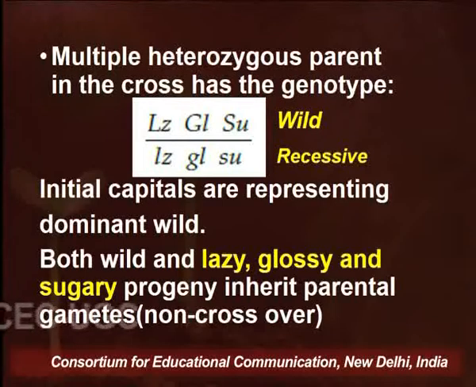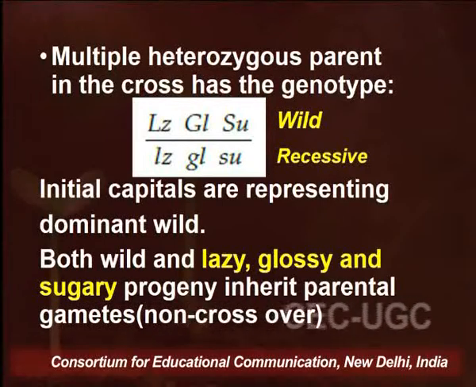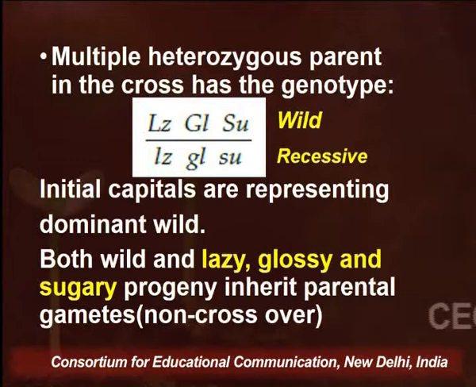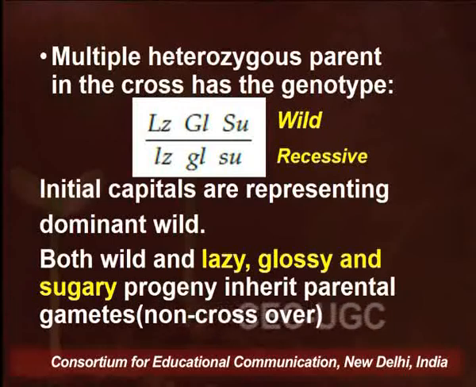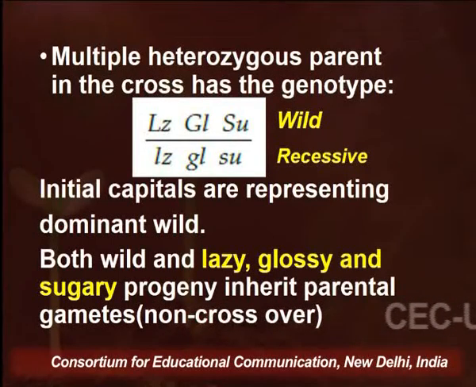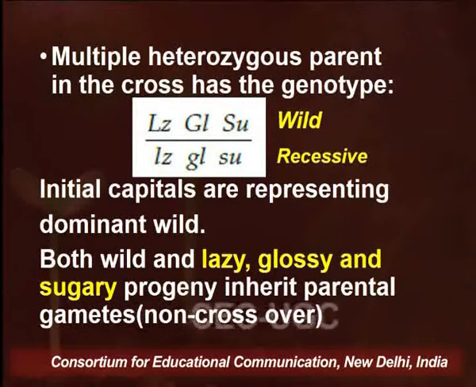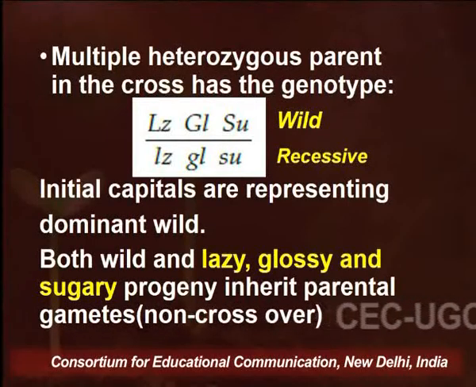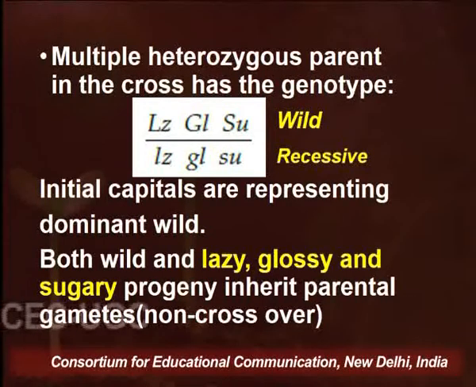Now you would ask the first question: how did you put lz, gl and su in the right order without ascertaining the order? This query is absolutely well founded and natural. It should come to the mind of every student. This is just an arbitrary example. With the help of this example, we are actually going to find out whether this is the right sequence, lz, gl, su, or is it different. But then we have to start somewhere to explain a particular concept.